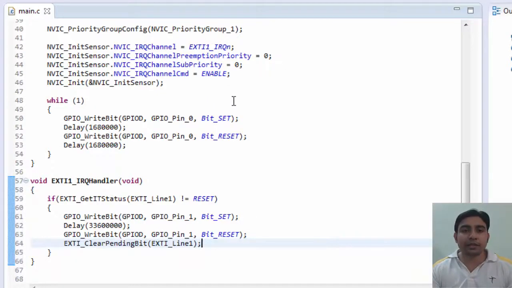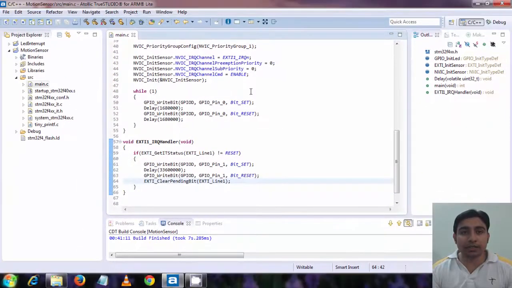Okay, this is the ISR that makes the LED2 light up for a few seconds. So whenever the interrupt occurs, the LED2 will switch on. Let's now build this project and run it on the discovery board and see if it detects motion or not.